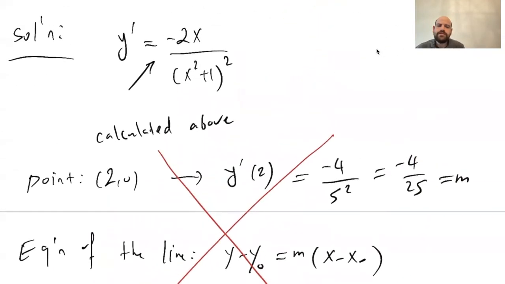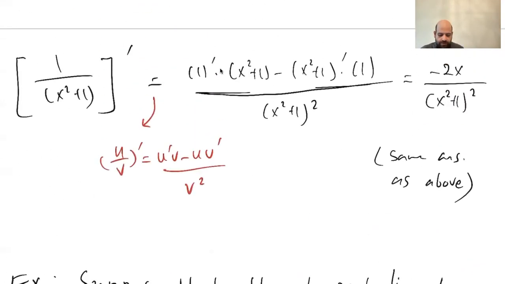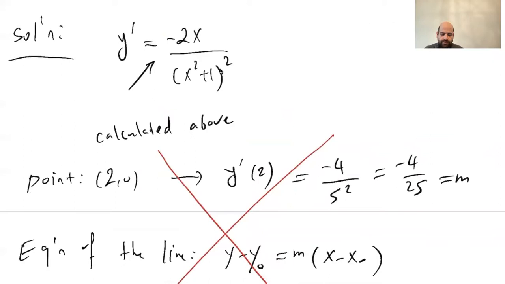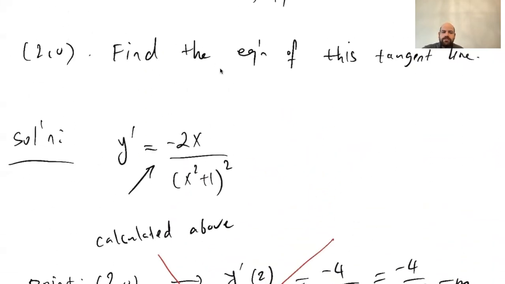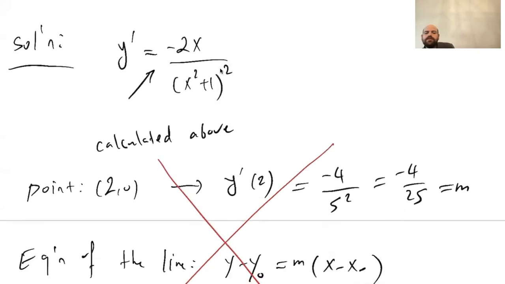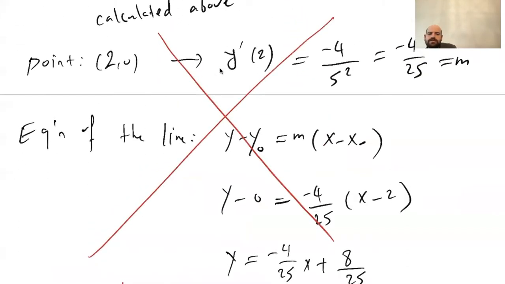So let's look at the steps that we followed. First, we found the derivative. Well, this derivative formula for sure is correct. We verified it with 2 different methods in the previous example. And then the point 2 and 0 was also given in the question, so there could be no mistake there. Then we replaced the value of x with 2 into the formula for the derivative to find the slope. This step is wrong. Why? Because yes, to find the slope, we have to replace x with the x0 that is given to us,